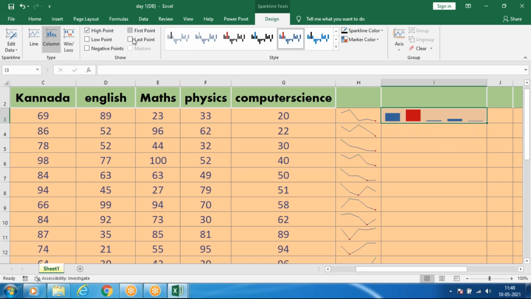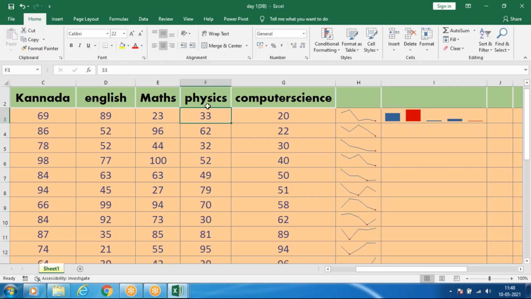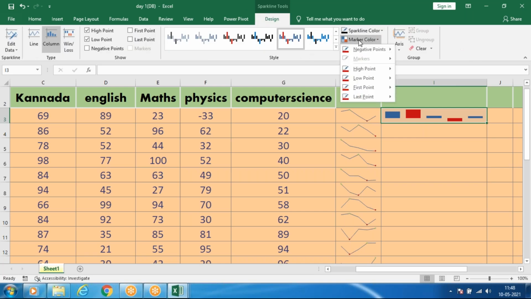So the high point and the low point. Suppose you have any minus data, then it will go downward. So again for this also you can change the colors. Like this.